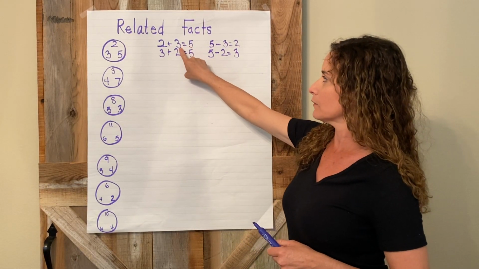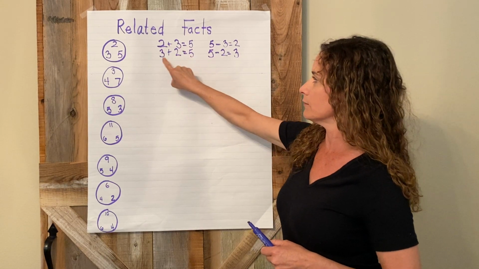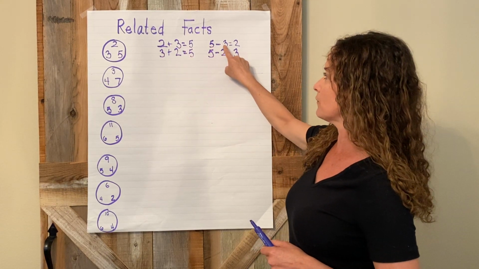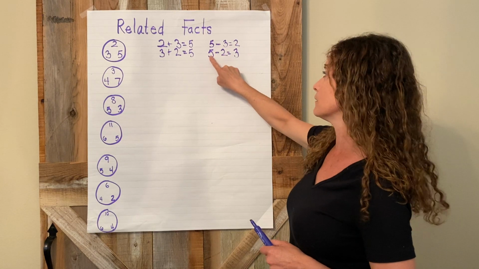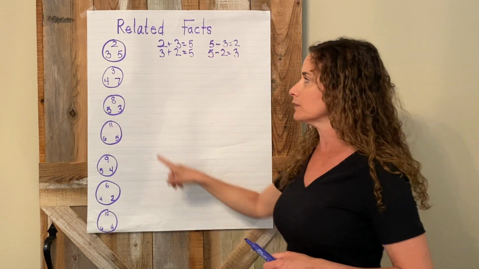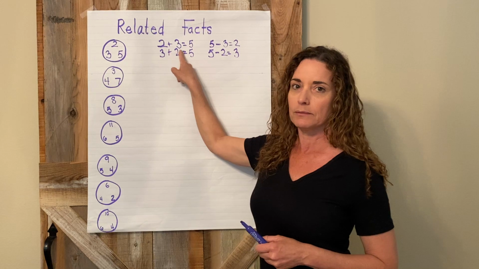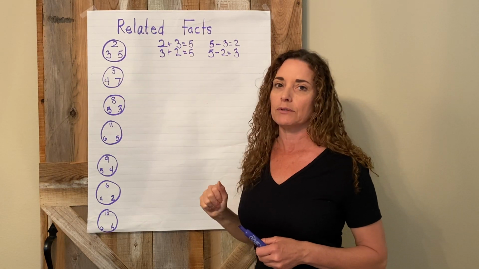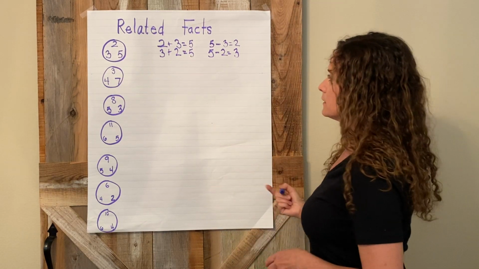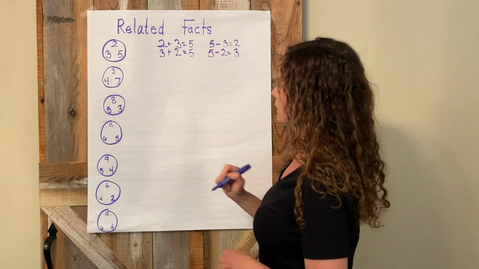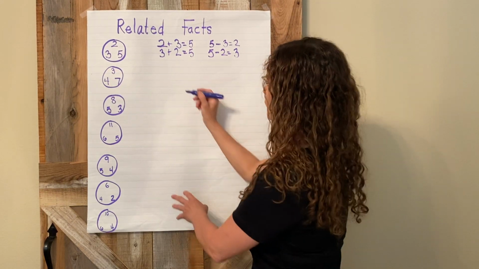Each problem has a 5, a 3, and a 2. So you have to make sure that the numbers in the problems are always the same as the numbers in the circle. Okay, so with this one, I'm going to do the two smallest numbers, which are 3 and 4,